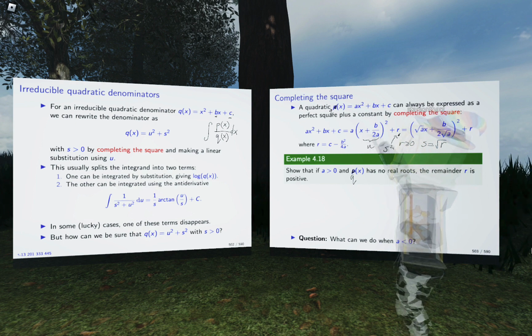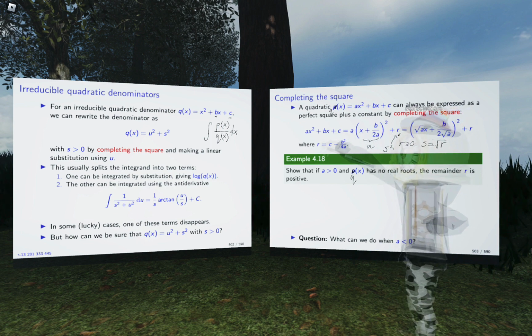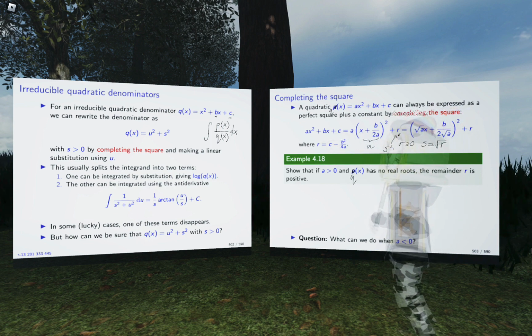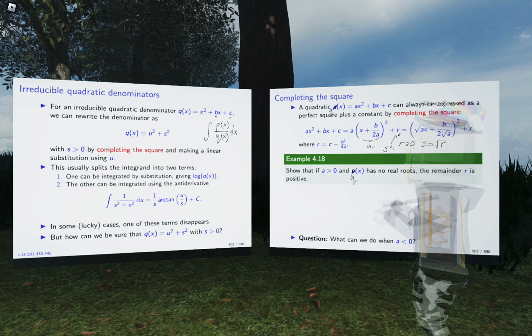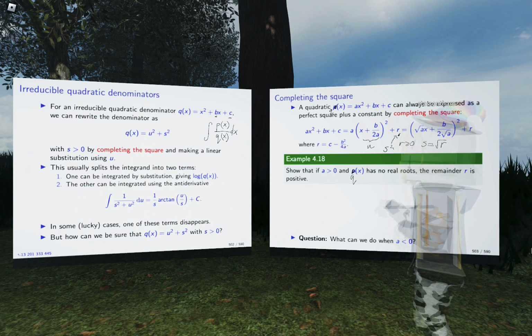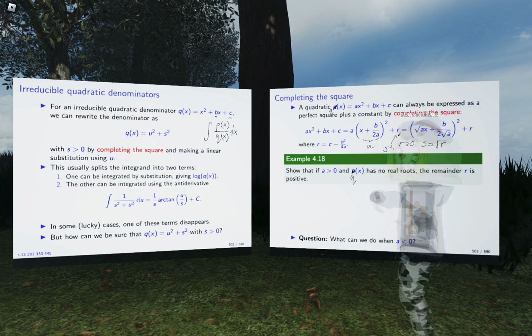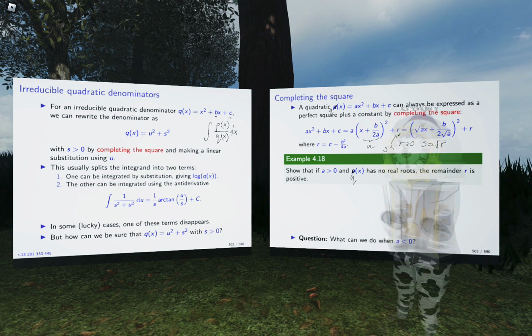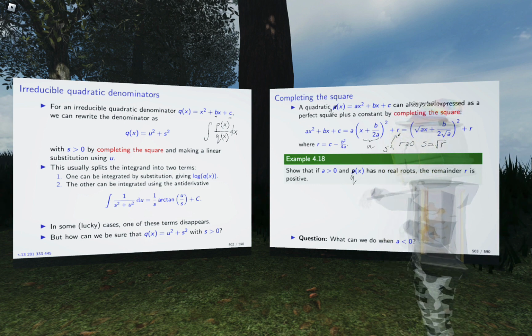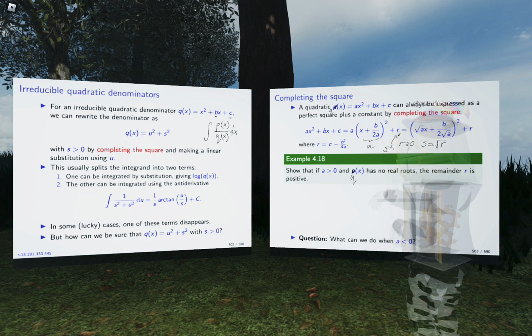Okay, suppose we can complete the square and get something that looks like this. Then we're in the situation where we can use arctan to integrate it. Okay, so when does that happen? I can always assume a is positive, if necessary by factoring out a negative number. Okay, so suppose a is positive, then